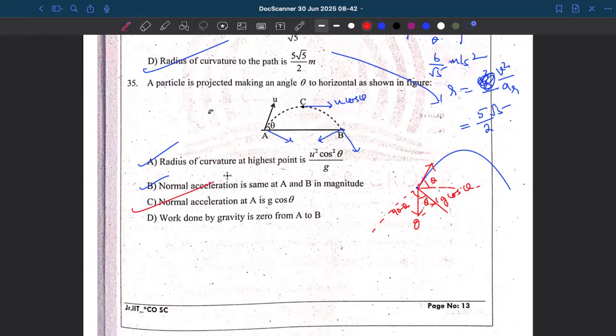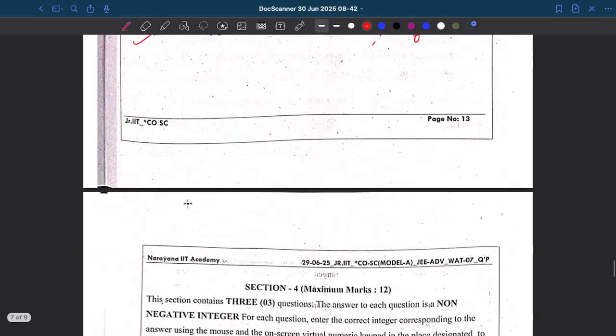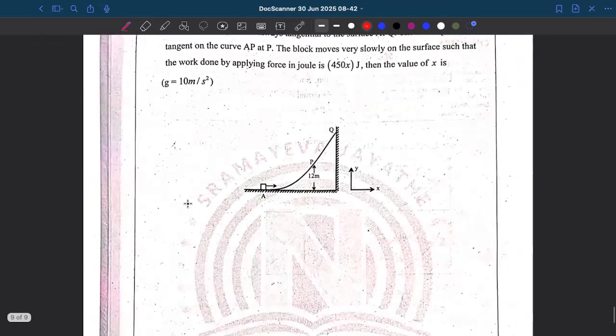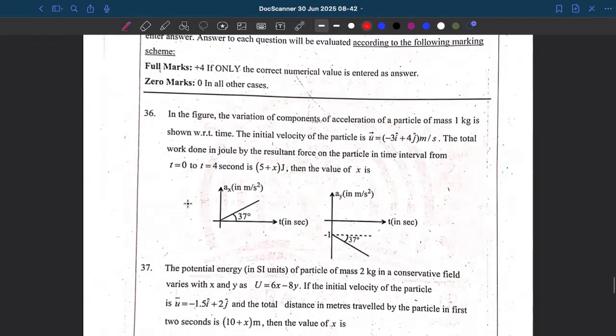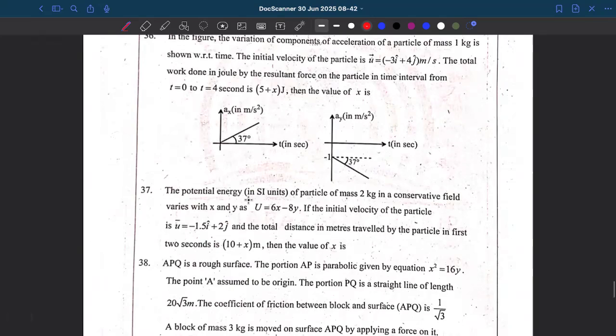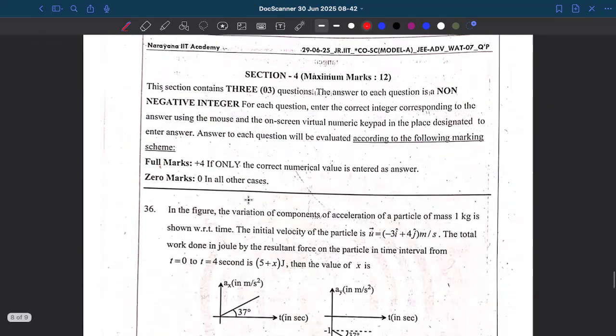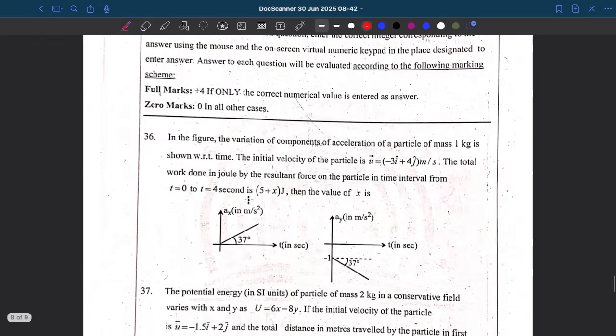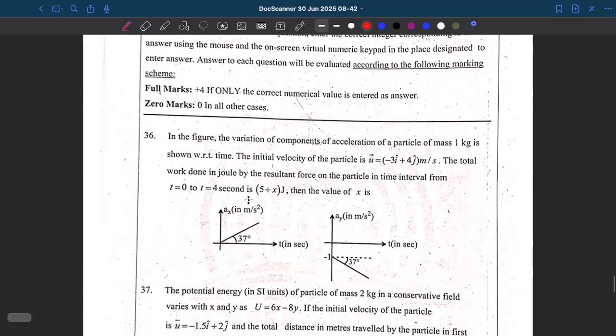Work done by gravity is 0 from A to B. Common sense. Change in kinetic energy is 0. Right? So you should answer this. Next, numerical type questions. There are only 4 numerical type questions. In fact, I have given a model on this practically. Right? I have given a model on this. In the figure, the variation of components of